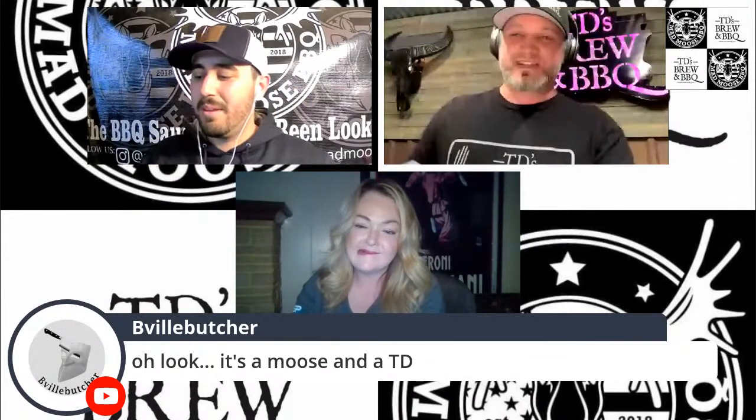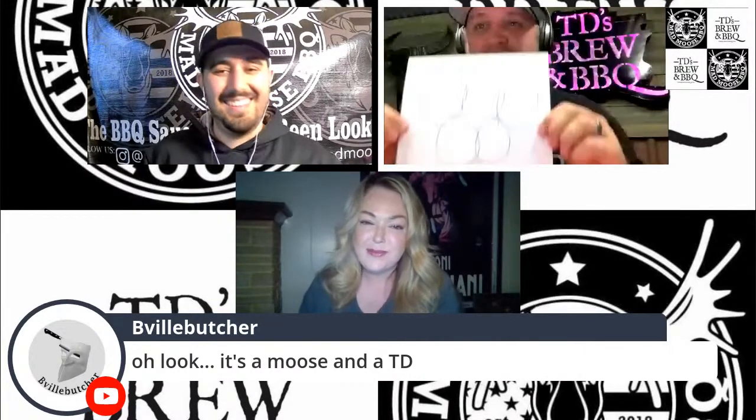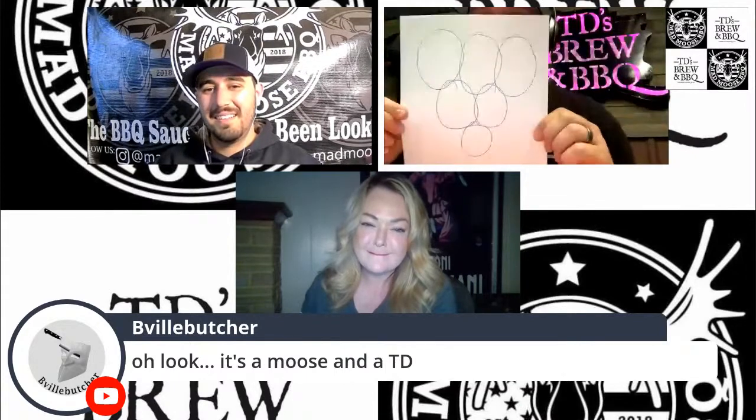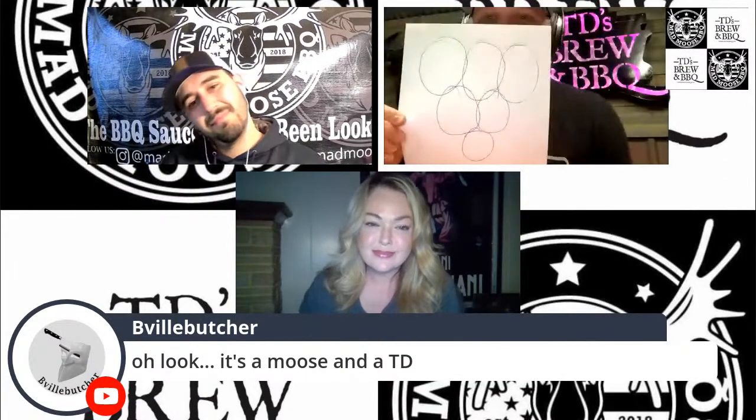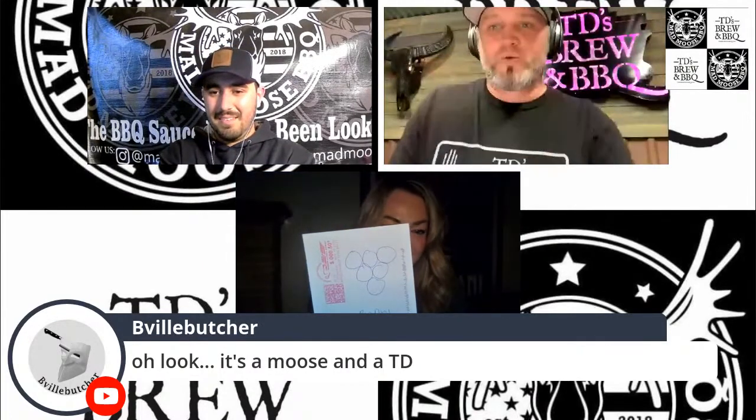Anyways, TD and Misty are going to be playing beer pong tonight. Misty is going to lose at beer pong. That's what we're playing. Here's how it is. I have a sheet of paper with 6 cups on it. You guys see that? Misty has the paper, and she has done the same. So what we're gonna do is